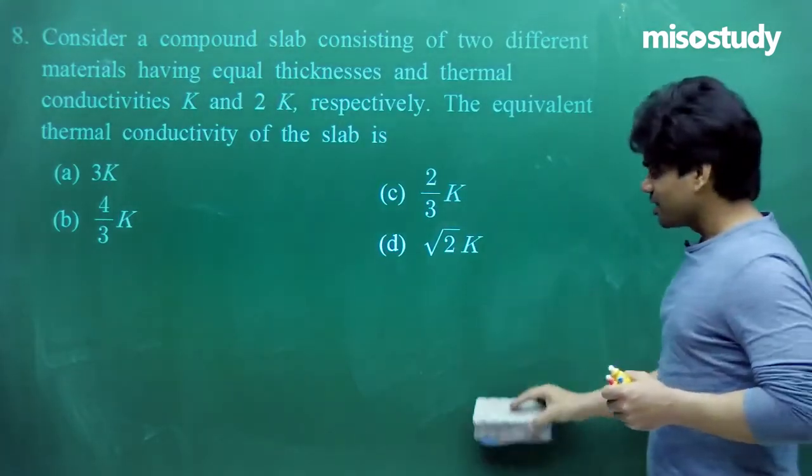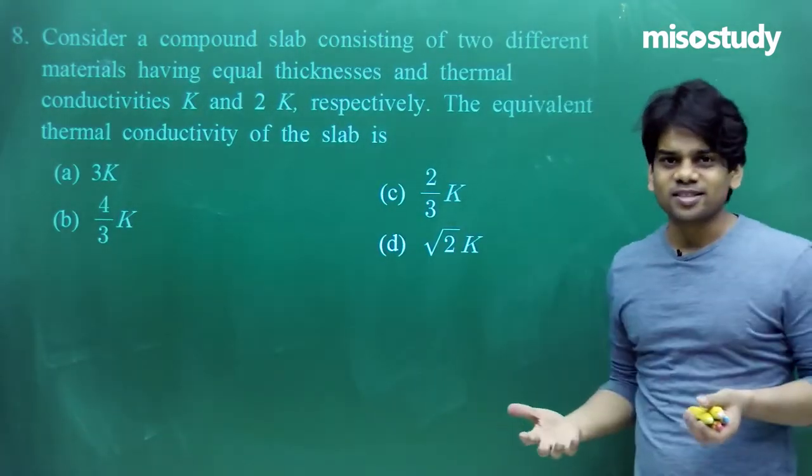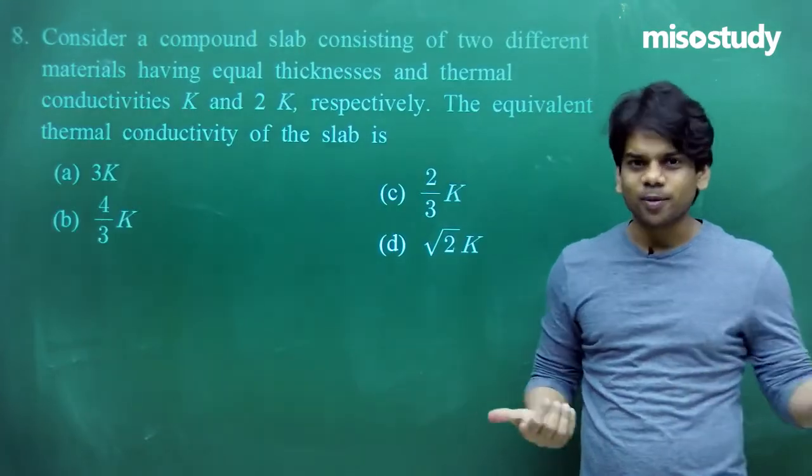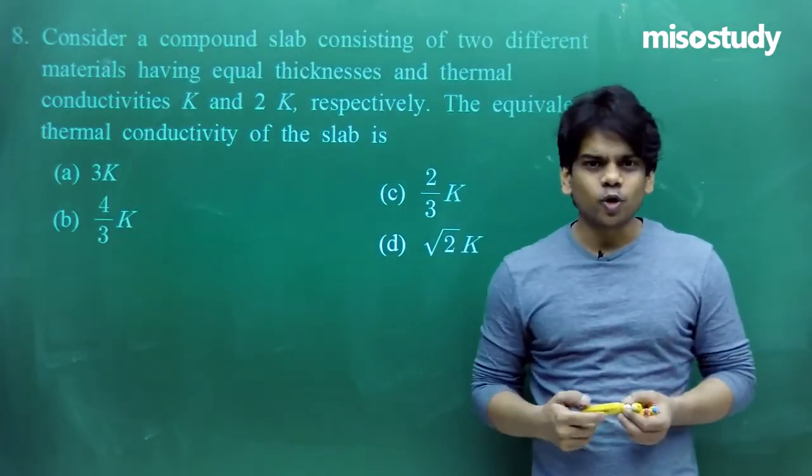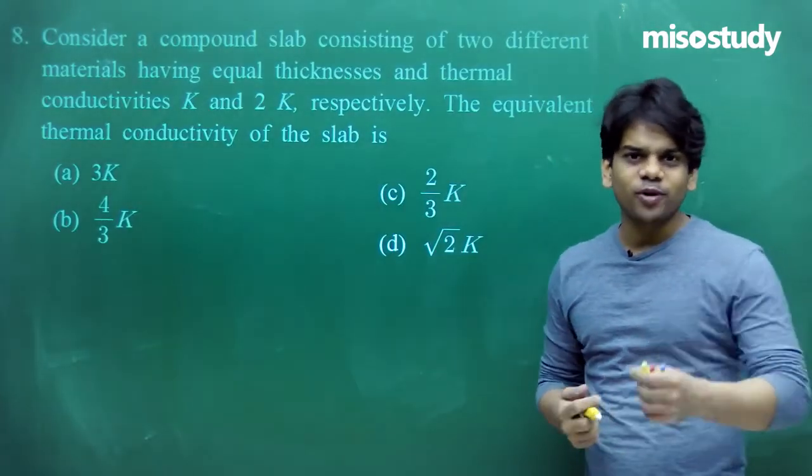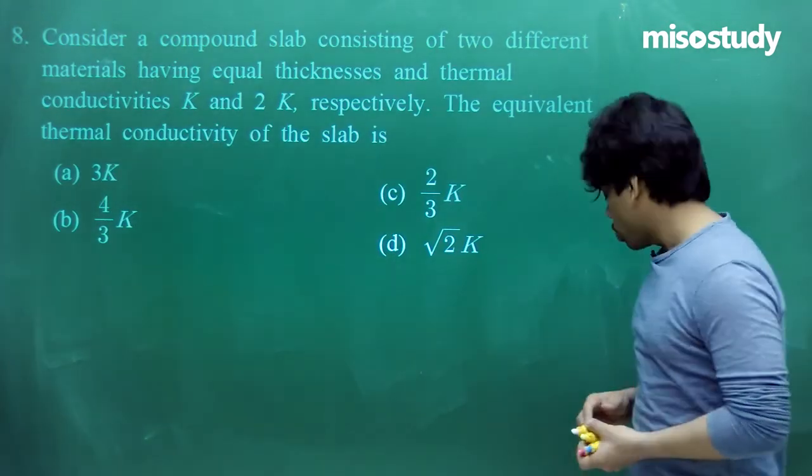And you can relate that it's a case of series connection of electrical wires. In series connection, we all know that resistance gets added up. In that way you can remember. I have told you the heat resistance is L by K. In that way you can remember this thing. Next question, question number 9.